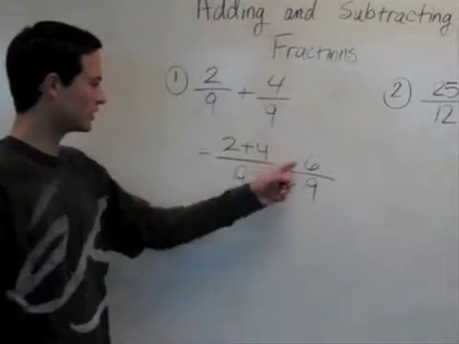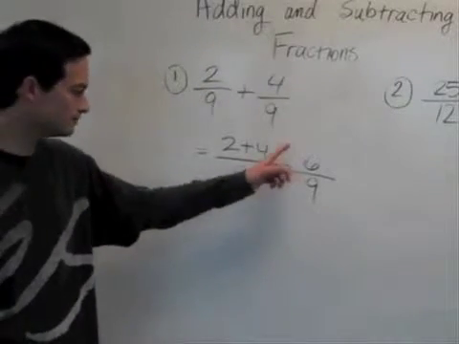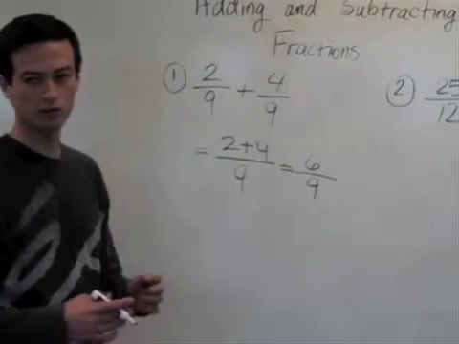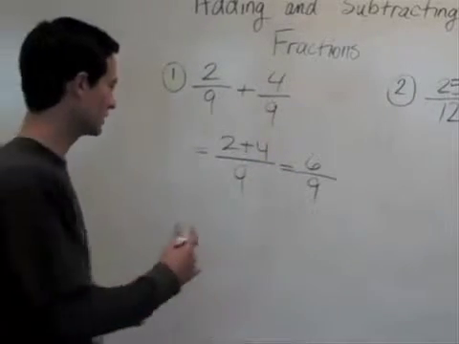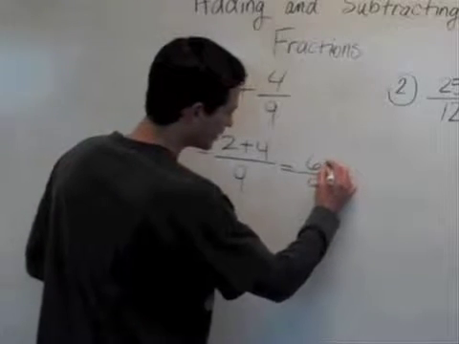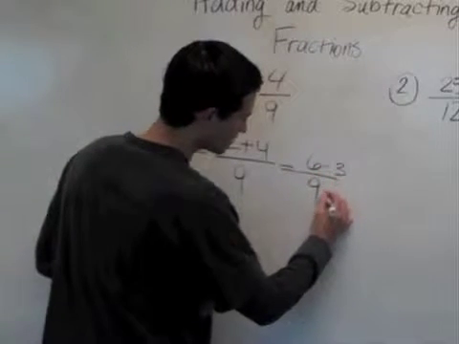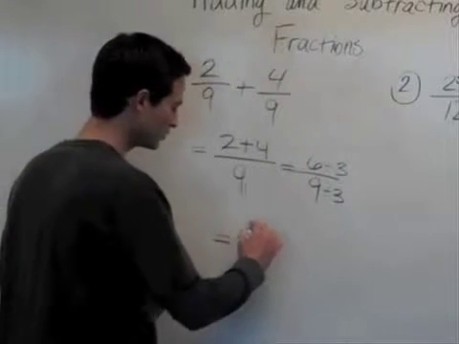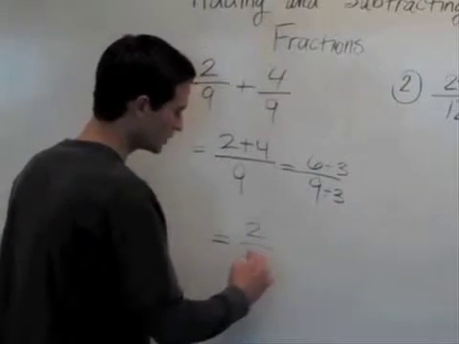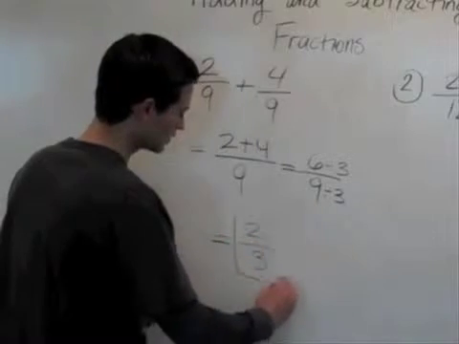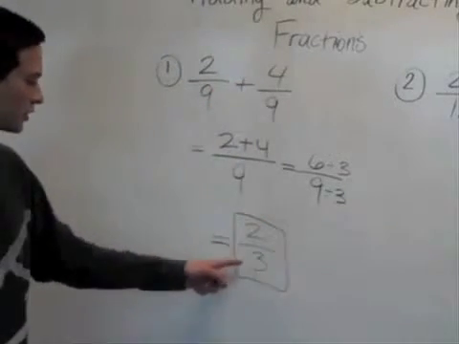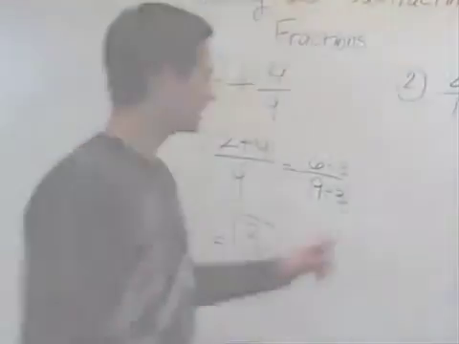And you may think we're done, but we can reduce this fraction because 6 and 9 have common multiples, and those multiples are 3. So if we divide by 3 on the top and the bottom, our answer will be 6 divided by 3 is 2, and 9 divided by 3 is 3. So 2/9 plus 4/9 is 2/3. And our next example is